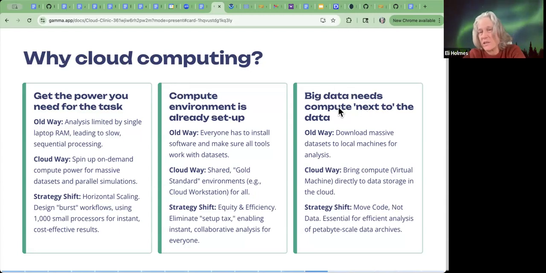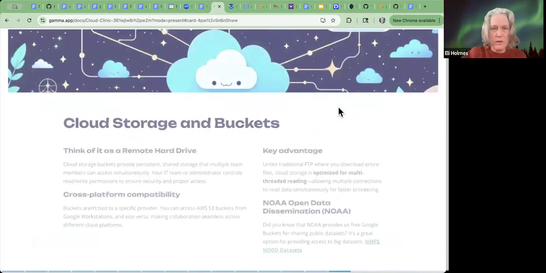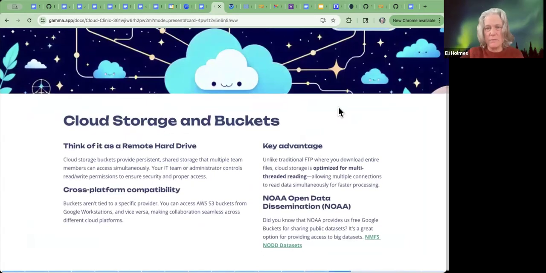And then the last one here, again, working with big data doesn't apply to all of you, but for those it does apply to, you can save a lot of money if you can get your compute next to the data, in the same cloud computing infrastructure. Okay, I am going to stop there. We'll come back to this when we do the demo. I think we're going to do a little reflection or getting some questions.